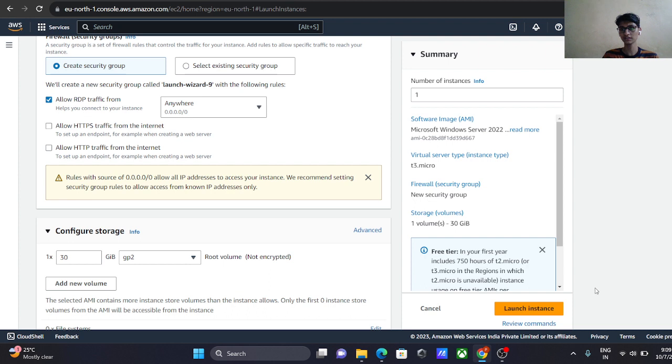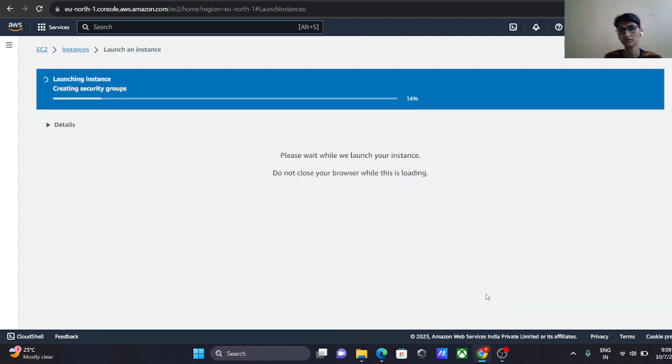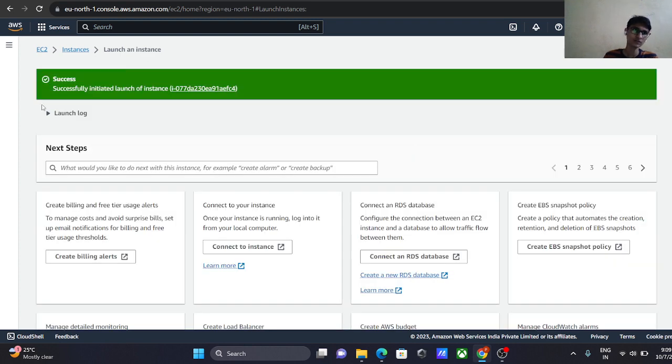Then after this, click on Launch Instance. You can see it is setting up my EC2. So yeah, successfully initiated launch of instance. This is my instance ID, the EC2 instance ID. So when I click on it,